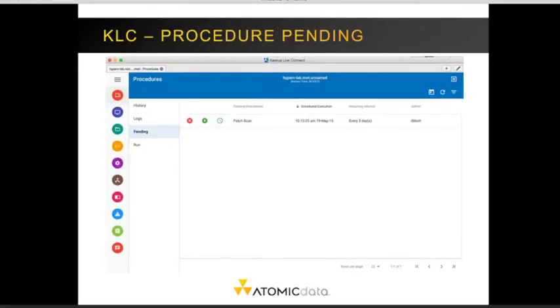Any pending procedures are listed here. It also includes patch scans, latest audits, and automatic updates. Those are typically scheduled by the policy management system. You can cancel the